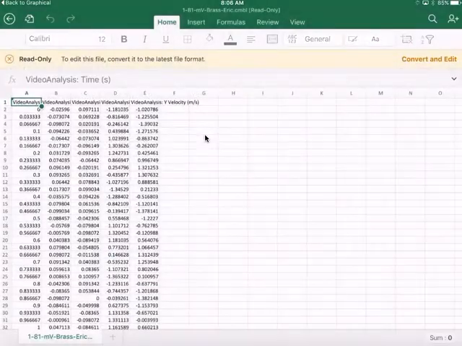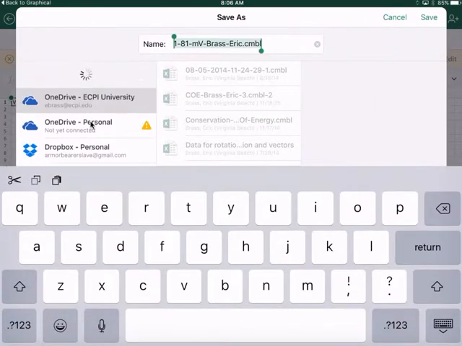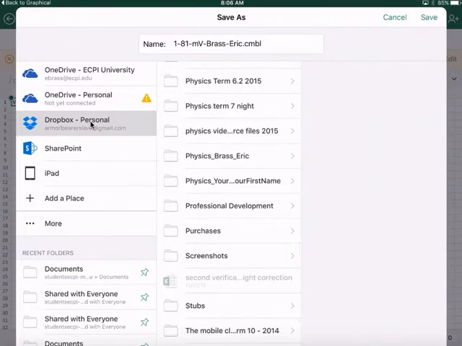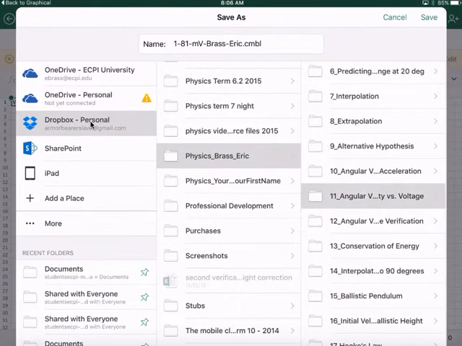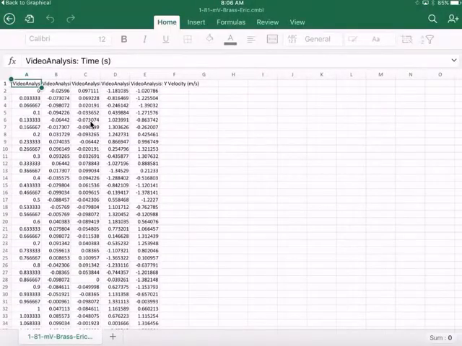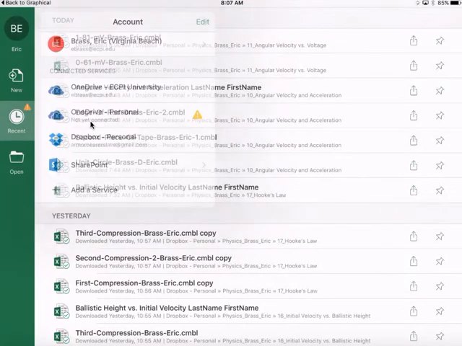So this is not the right file, but this one is. So we can check by looking at 1.81. Going to convert and edit that. And we're just going to put this into the appropriate Dropbox folder. And just save it right there. Now, what do we need? If we go back into our folder, and that's what I would rather do. I would rather open up our folder, go to Dropbox,